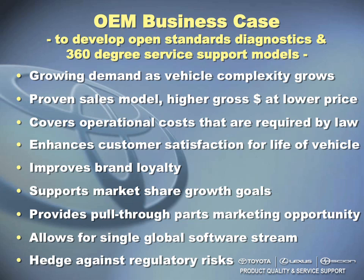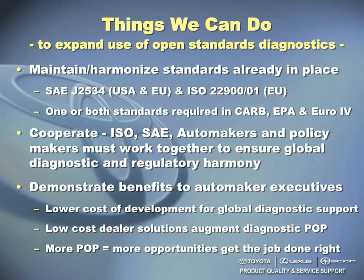So what are some things that we can do to keep this all moving forward? And this goes along with some of the things that Bernie was talking about and Shuvo was talking about. Well, we need to maintain and harmonize some of the standards that are already in place. We've got what is becoming a pretty good and pretty robust standard, J2534, in the U.S. and European Union. It's required for reprogramming, but as we have demonstrated and many other car companies have now demonstrated,